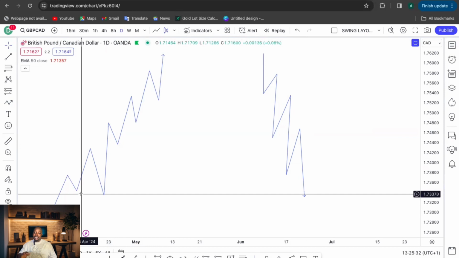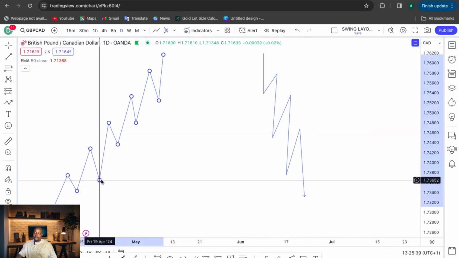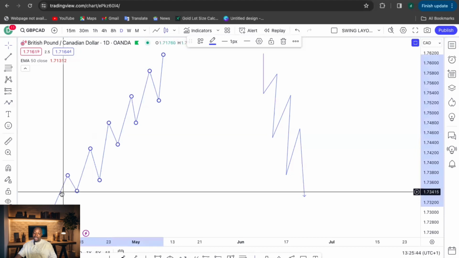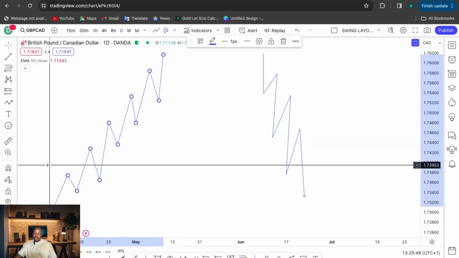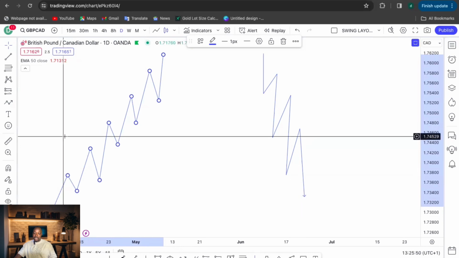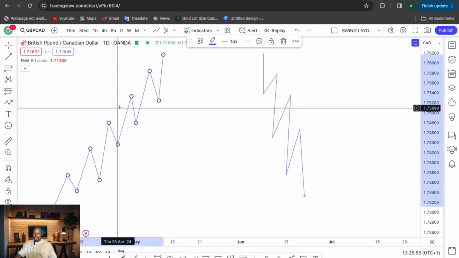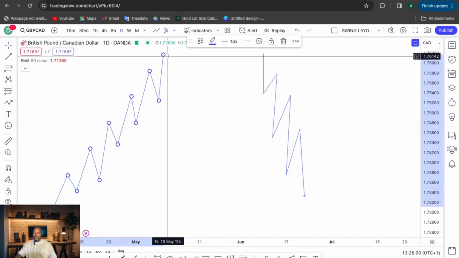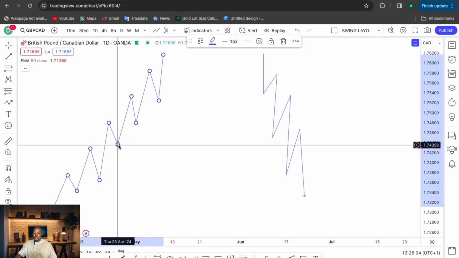When the market is in a consistent uptrend, the new low that forms after the previous low is higher than the previous low. This is a low, this is a high, this is a higher low, this is a higher high, this is a higher low, this is a higher high, and so on. If you had a low, high, higher low, higher high, and we come here and